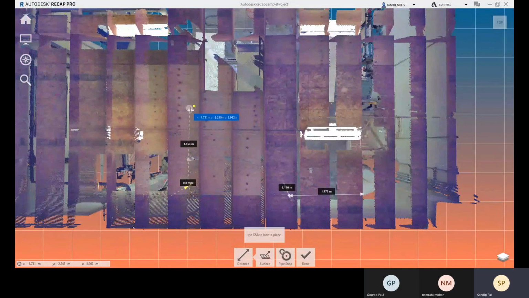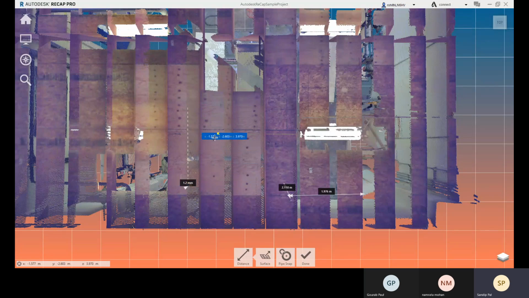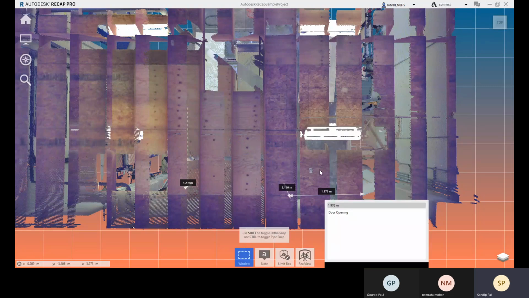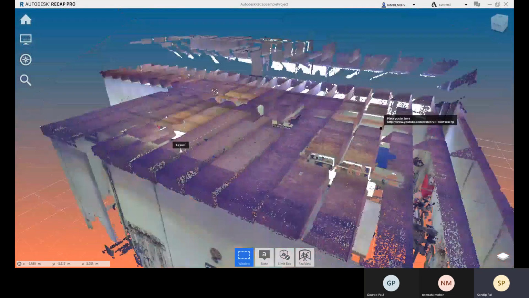So on this surface you are just, okay, and that is your 1.2 mm. Okay, so this will be done on this surface. Just click on done, and there you can see,